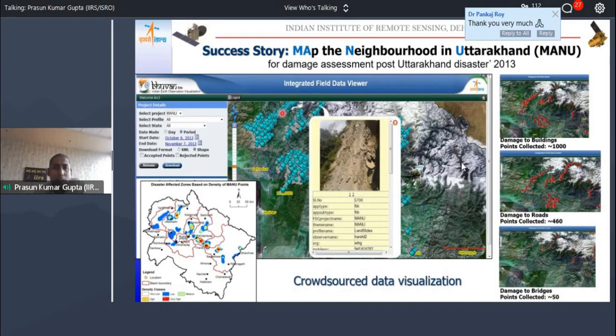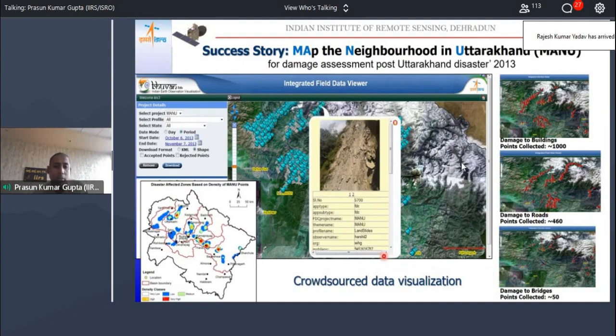This was done post the Uttarakhand disaster in 2013, the Kedarnath disaster, where a lot of people and a lot of property was lost. To assess the damage, about 4 universities collaborated, and they had this mobile app where they went to all these extremely difficult places to reach and took pictures and entered data on whether the building is damaged, or roads are damaged, or bridges are damaged.